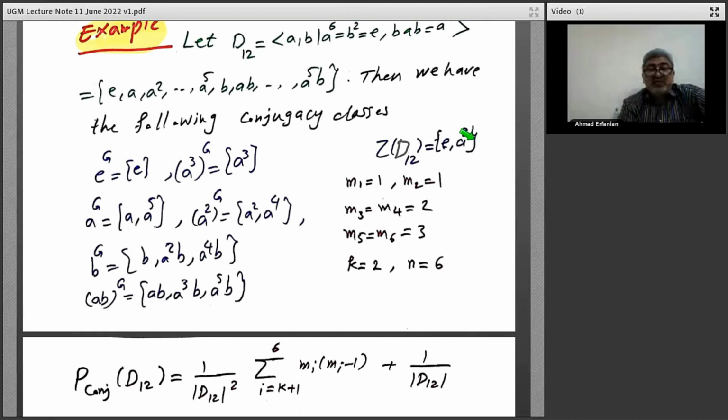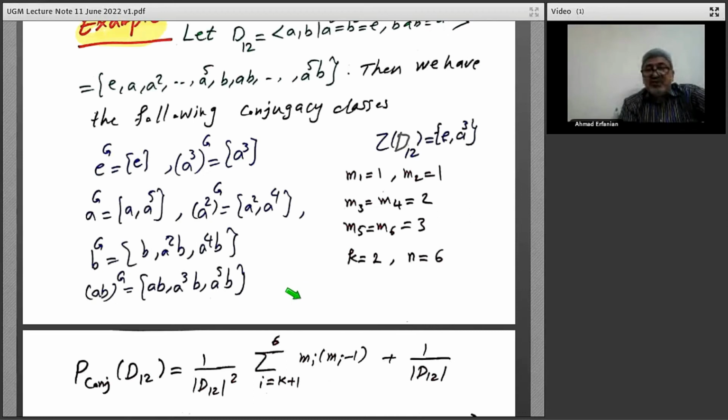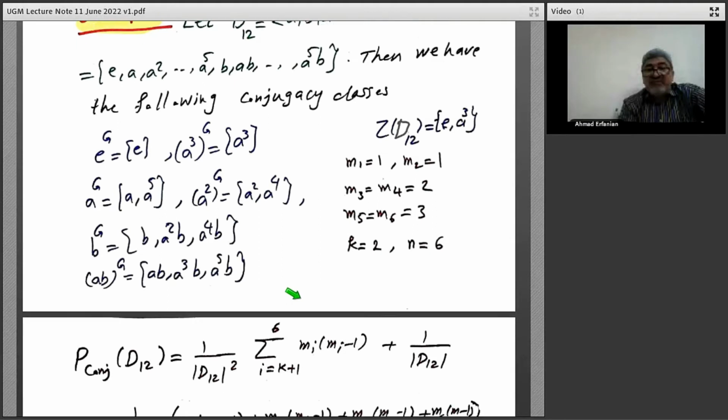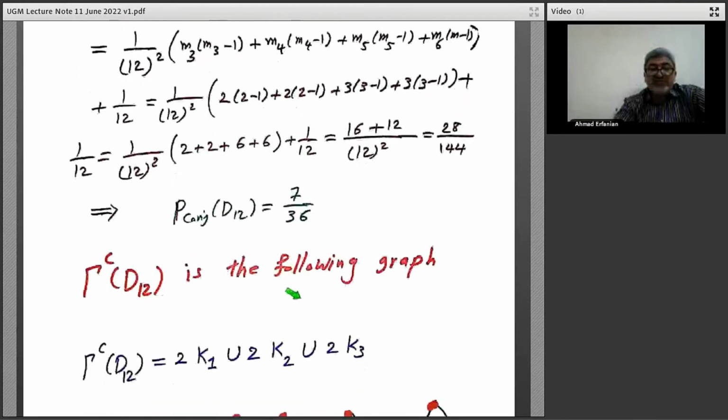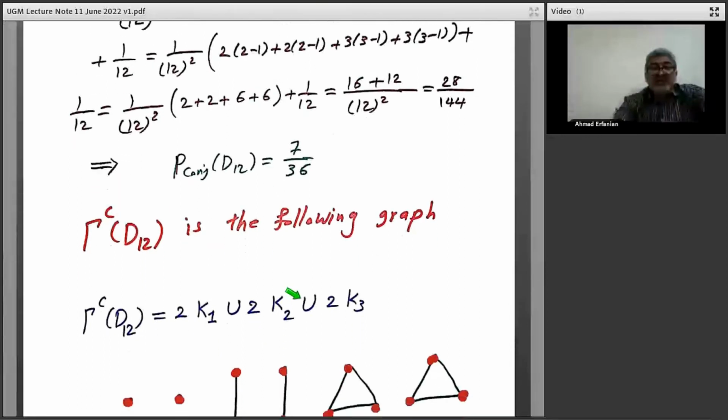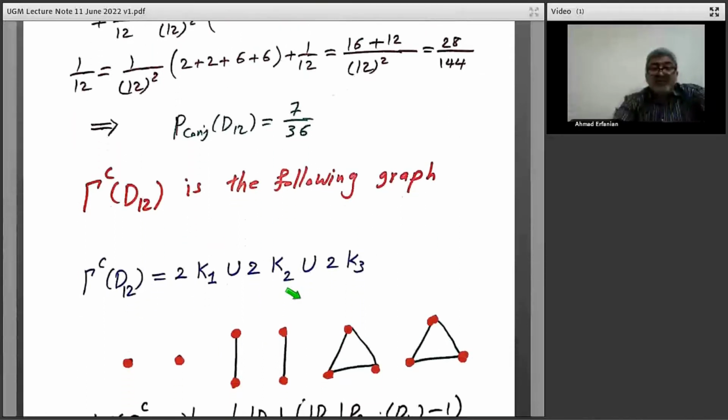So we have two conjugacy classes of size 1, two conjugacy classes of size 2, and another two conjugacy classes of size 3. So we have k is 2 because there are two elements in the center. We have n is 6, the number of conjugacy classes, and if we put it in the formula, you can find